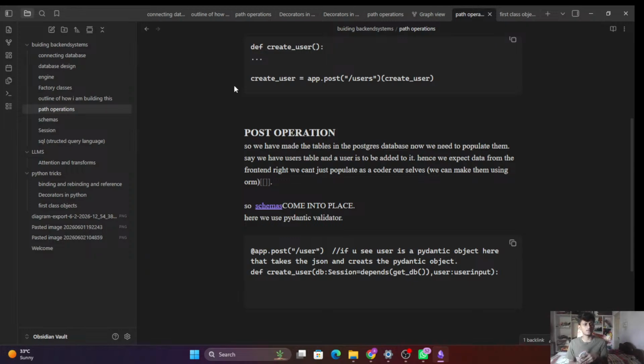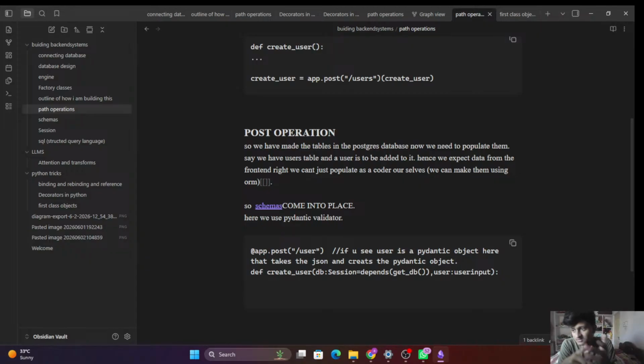और क्या करा मैंने, और मैंने उसको इंजन के साथ एक चीज़ को सीखा, मैं सेशन मेकर बोल के एक चीज़ है वो एक फैक्ट्री क्लास है. So I didn't really deep dive into what factory classes were. I wanted to learn it in every aspect. So वो एक चीज़ चली, उसके बाद